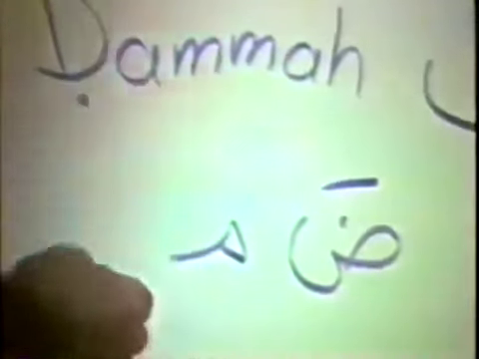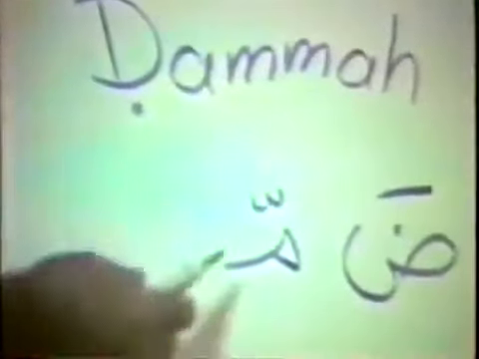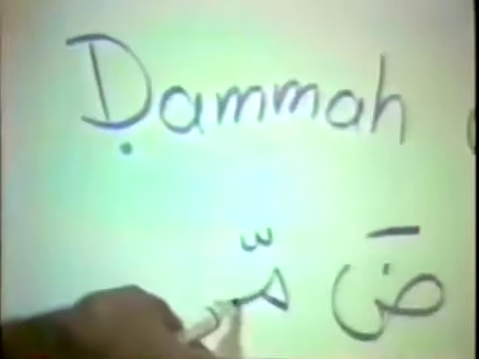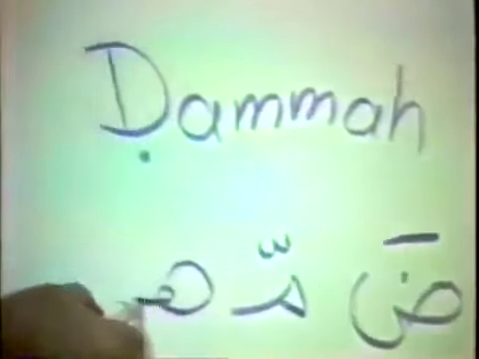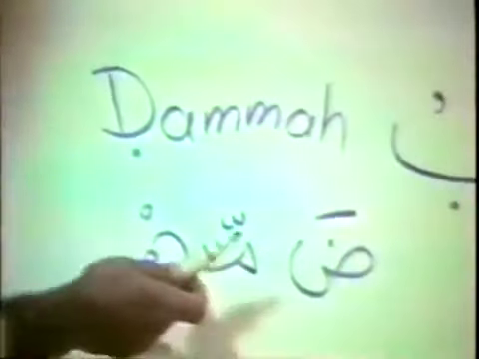So you take this letter and write it here. It is the heavy dad, da, and then next is M, and this will bring us to another sign. See, I'm sneaking up on you with these signs, but there isn't much more. This is a stress sign, like damma, you're stressing the M, and in Arabic it is called shadda, and it looks like a little W on top of the letter, and this makes it stressed. So this is damma, the ha goes here with a sukun on it, damma.